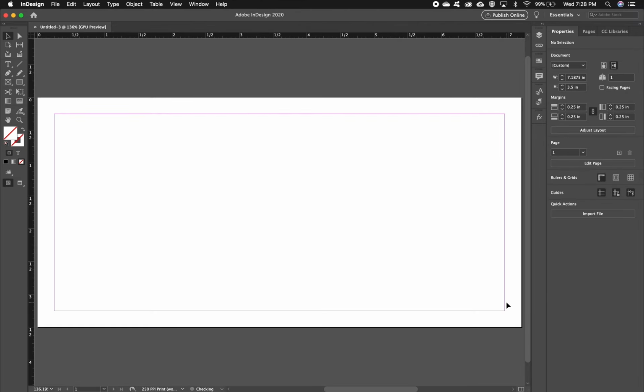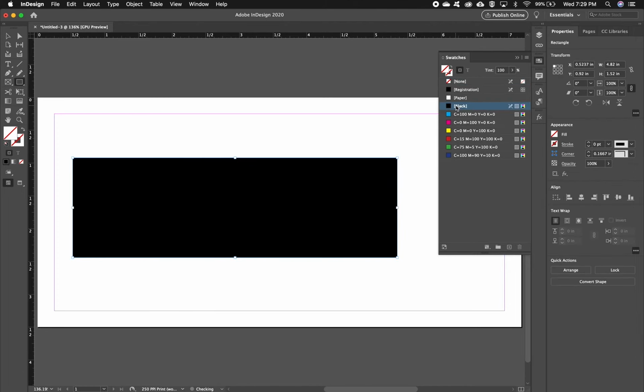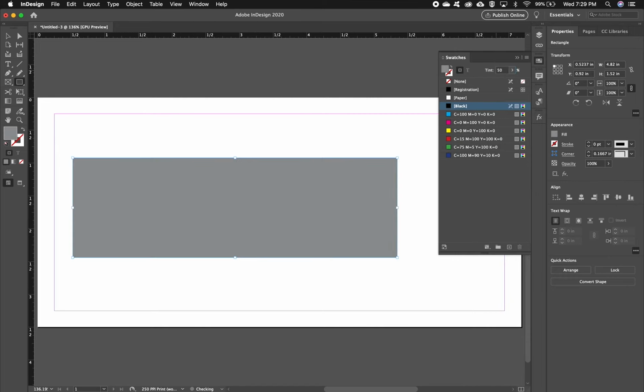I'll click Create. It's important to remember that because this is the ride guide, any graphics that I make must only be using the black swatch. So don't use registration. That is actually all of the inks, all at 100%. Black is 0 in all the channels except the black ink, which is the K in CMYK. You can absolutely change this to any tint you want, but I wouldn't go much less than about